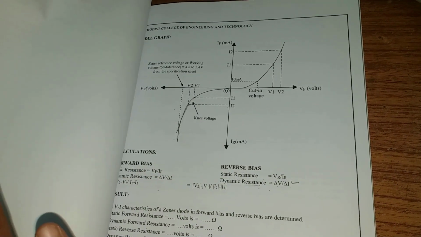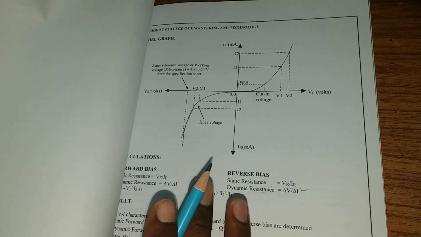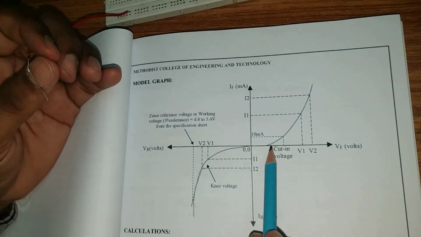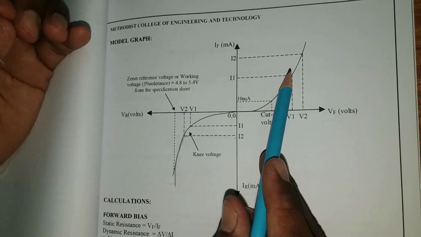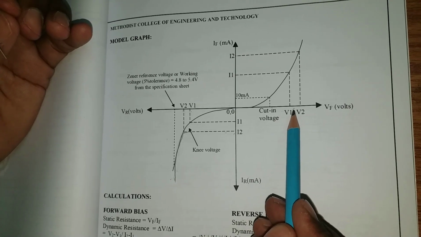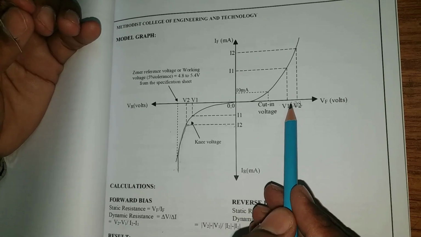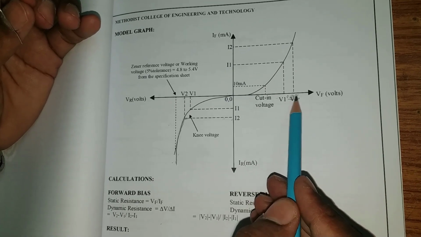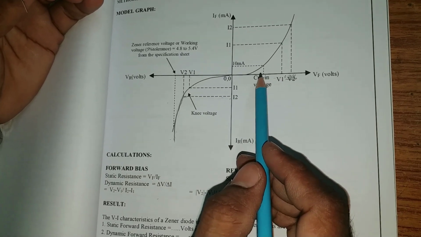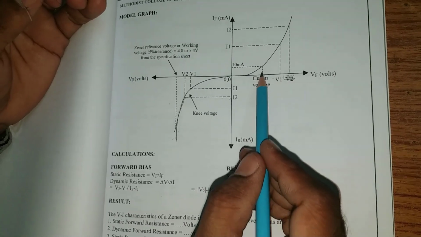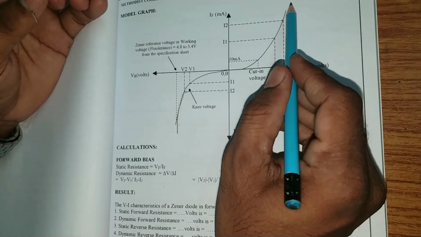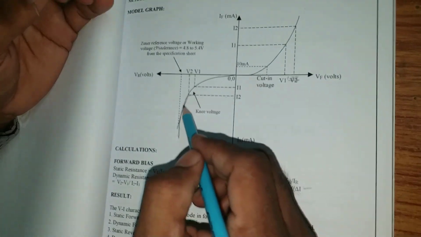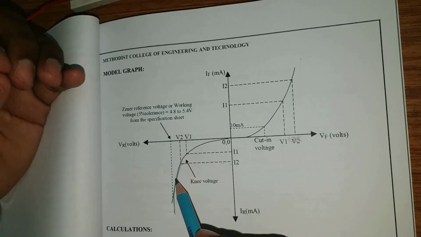The procedure is totally the same, so there is no need for any confusion, for forward bias as well as reverse bias. In forward bias also, the procedure is the same as for the PN diode. The cut-in voltage for the PN diode is 0.6, but in the case of the Zener diode, we get 0.7 cut-in voltage. After 0.7 volts, the current rises very sharply. Then in reverse bias, you only need to concentrate on the change, which happens only in reverse bias.